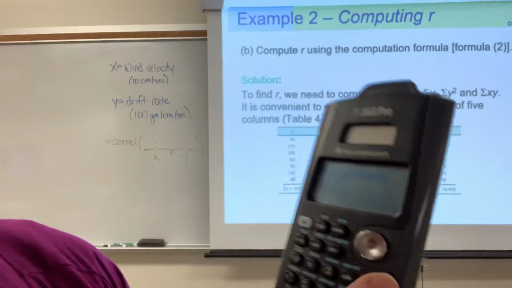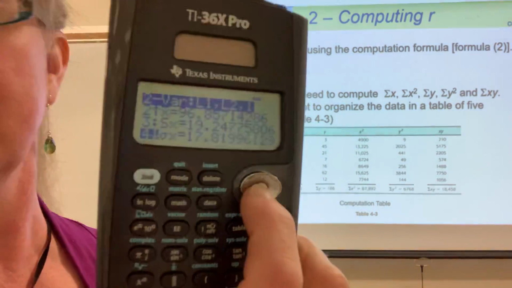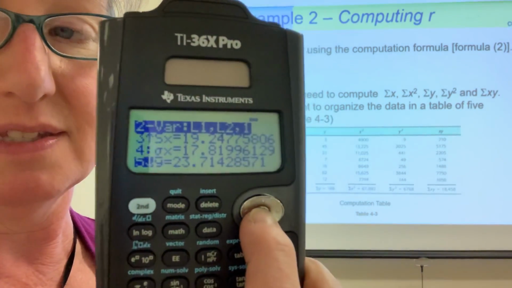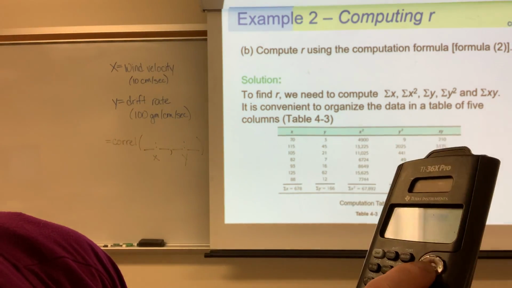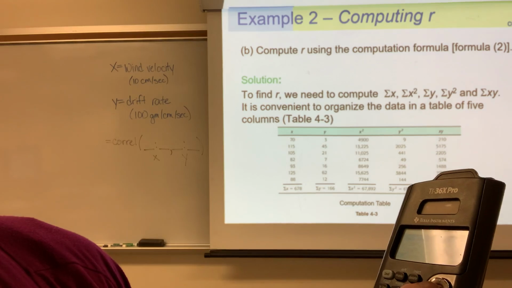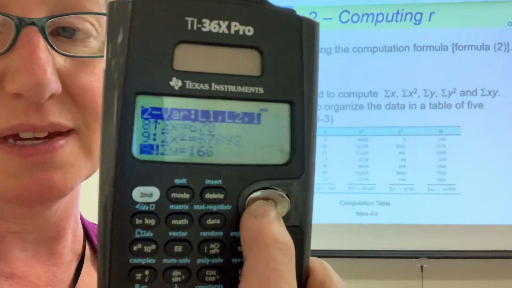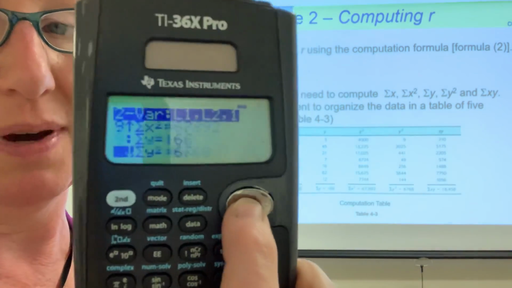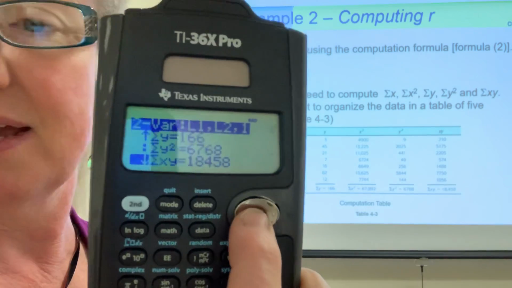That's what that code is. So I see my mean, I see standard deviation, my mean of my x's, my other standard deviations. There's my sum of my x's, the sum of my x squareds, sum of my y's, sum of y squareds, sum of the x times the y,